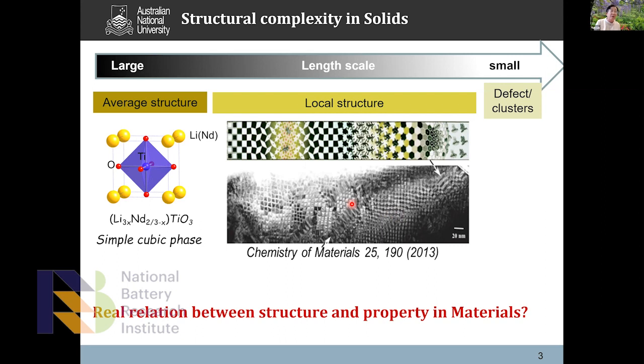We have investigated these materials for 5 years, I remember it's nearly 10 years. We identified over 280 different types of local structures, and none of them played a dominant role as a major structural feature. So it's not that simple, like getting the average structure from X-ray diffraction and saying it's a simple cubic phase. Of course, this is an extreme case, but it indicates that